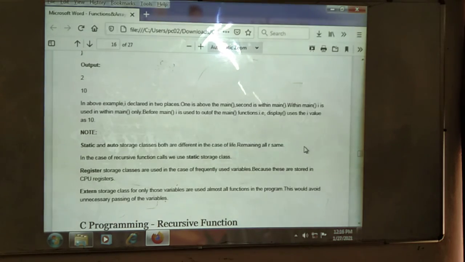External storage classes are for variables accessed by almost all functions in the same program. Suppose different functions access the same variable, at that time we use the external storage class. In the next session we will see recursive functions in C.